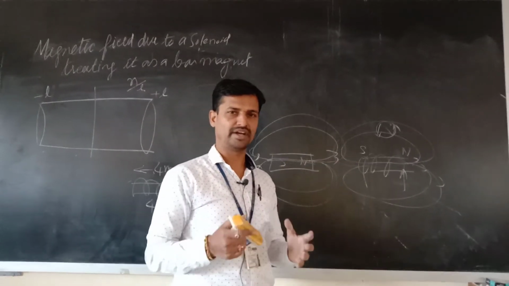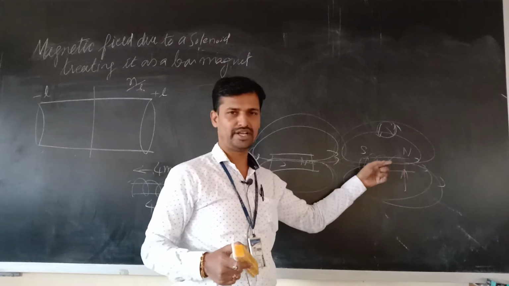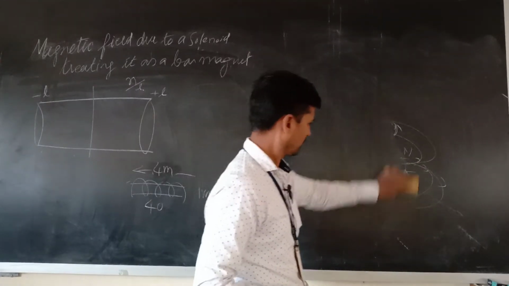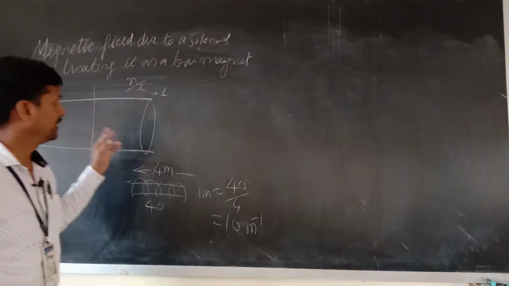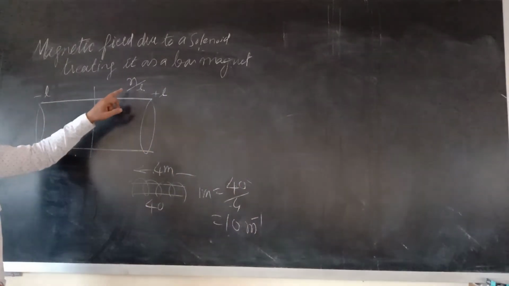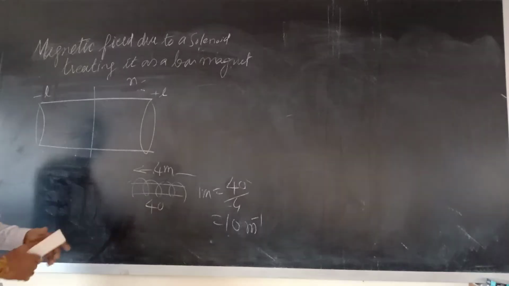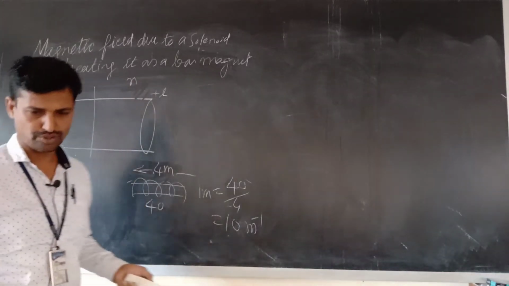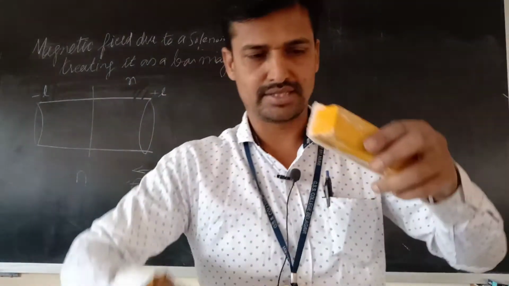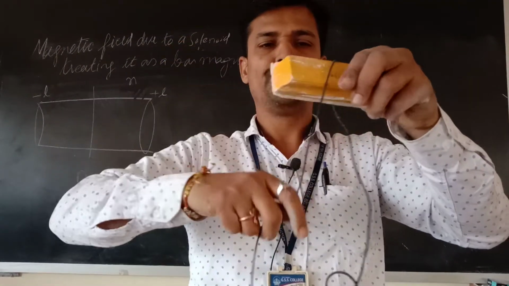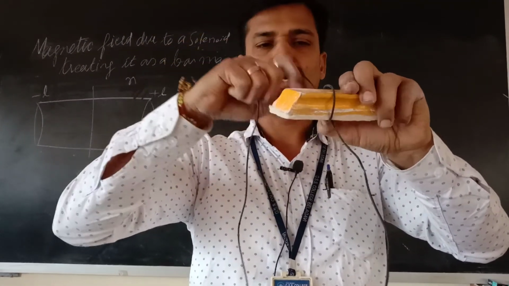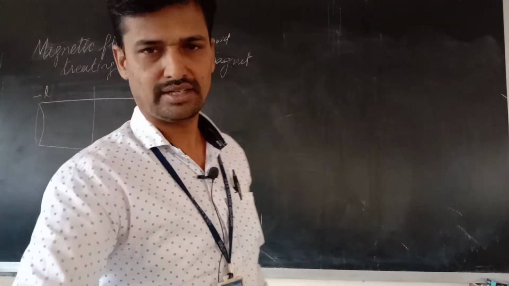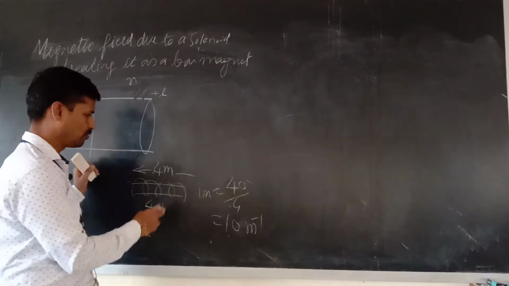We will calculate the magnetic field of a solenoid along its axis. Now let us see. Consider a solenoid having n number of turns per meter length. Meaning what? Small n is not the total number of turns. Listen here: you wound it once, one turn, two turns, three turns like that. Like that, n number of turns are present in 1 meter length.